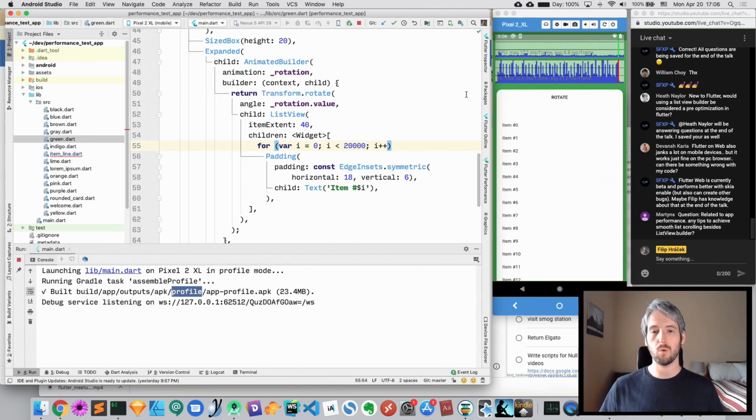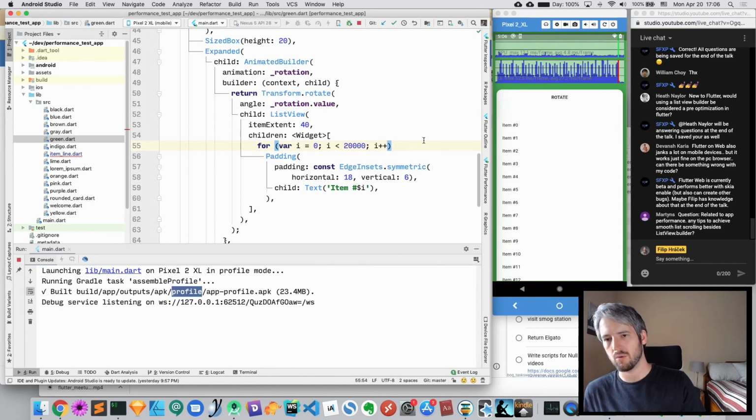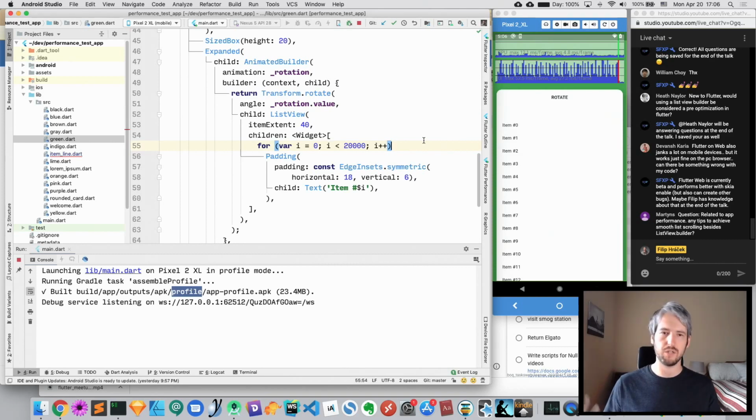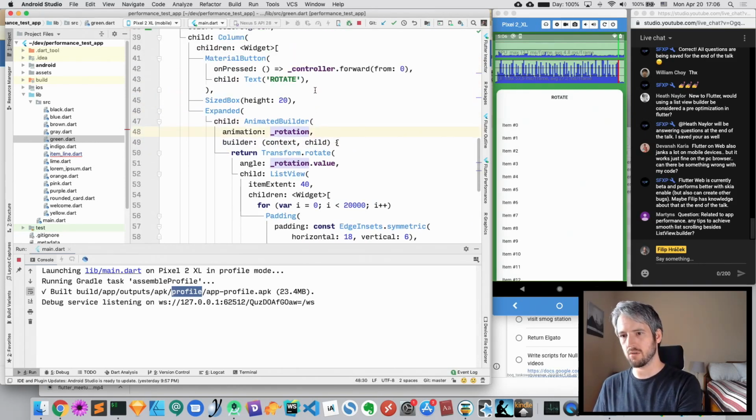All right, so what happens here, and here we need to know about what the Flutter animation framework actually does. The Flutter animation framework is a way for you to rebuild part of your screen, or part of your UI, the widgets in the UI, every frame, right? So if you have an animated builder somewhere or animated widget or whatever, it just means I want to change something when the animation is running. I want to change something every frame, 60 frames per second, 120 frames per second, whatever. So in this case, because we're using animated builder, when rotation is running, which we do by tapping rotate,